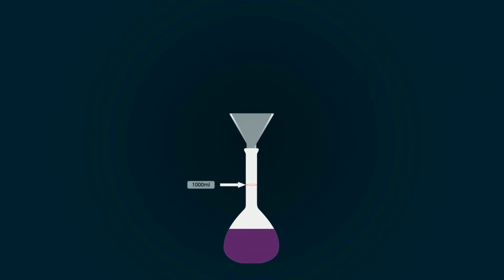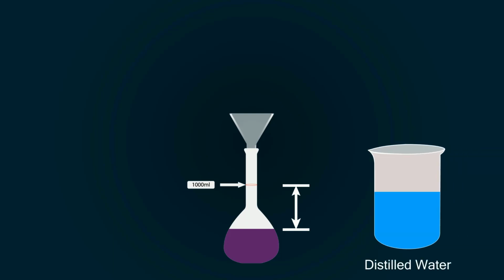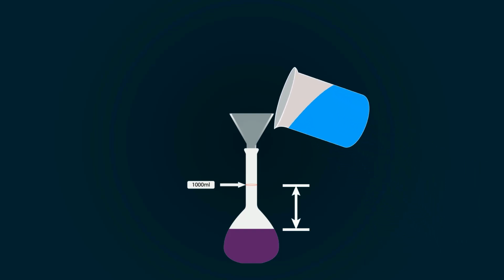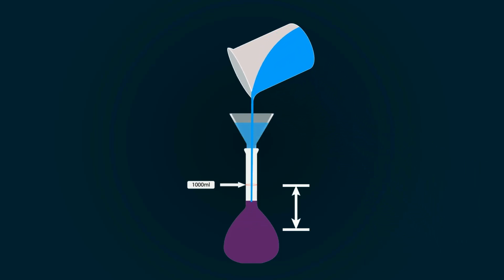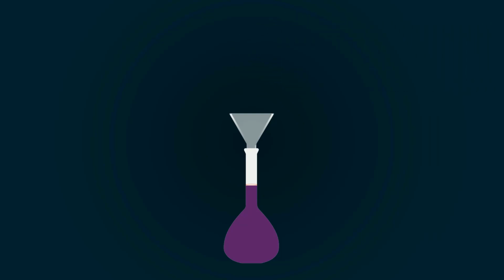You have to fill the volumetric flask up to the 1000 milliliter point. For that, you would have to add more distilled water into it. So take some distilled water into the empty beaker and start pouring it into the volumetric flask with the help of a funnel. Fill it up to the 1000 milliliter point,